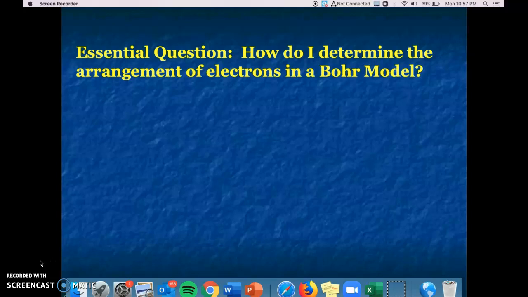I know you've seen some stuff on Bohr models already. Hopefully you read that article carefully. That was a really cool article. But anyways, we are going to talk about how you draw a Bohr model. You must draw a Bohr model of a couple atoms on the test. And they're really actually fairly easy to do. And I'm just going to go over the steps of how to do it. So first of all,